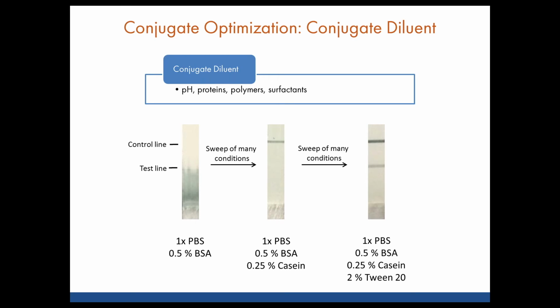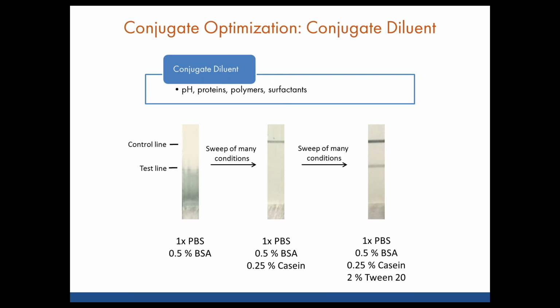Typically, when screening conjugate diluents, we begin our screen with a straight formulation of PBS with a small percentage of BSA. We then screen detergents, proteins, and polymers individually and at varying concentrations in an effort to decrease background and nonspecific binding, promote consistent conjugate release and flow, and to increase the test line intensity with positive samples. In this example, several proteins and detergents were screened, with 0.25% casein as well as 2% Tween 20 giving rise